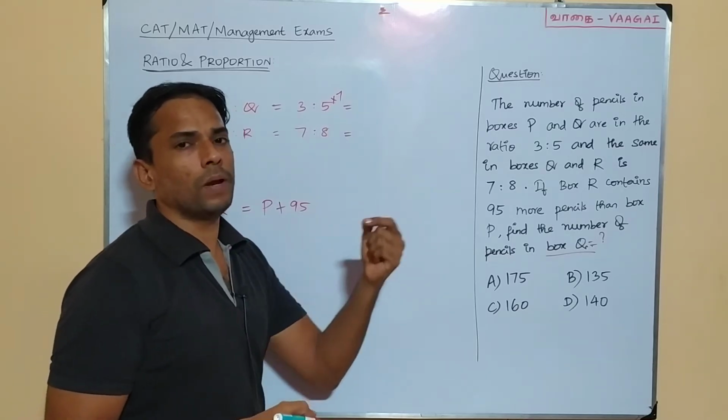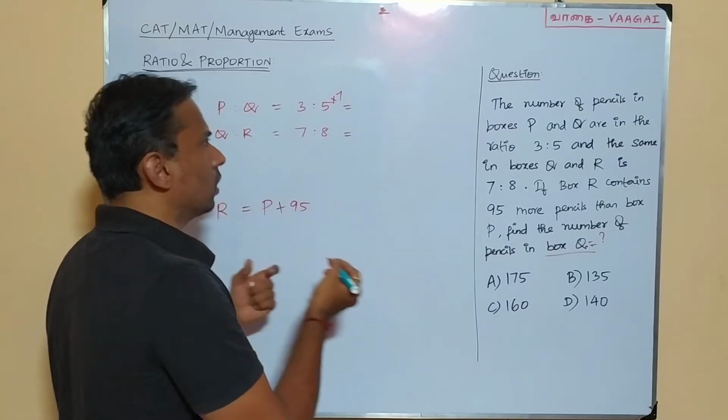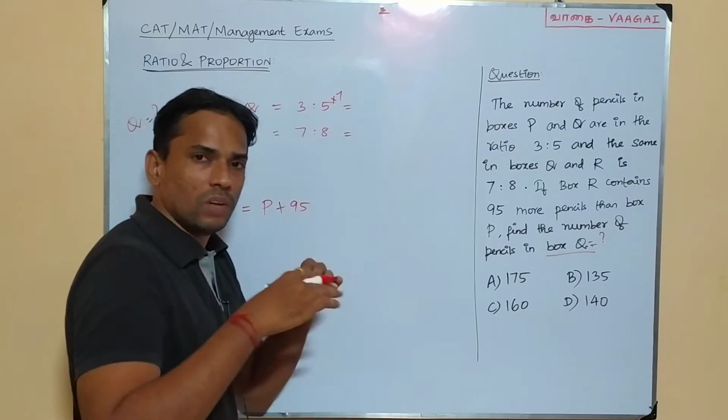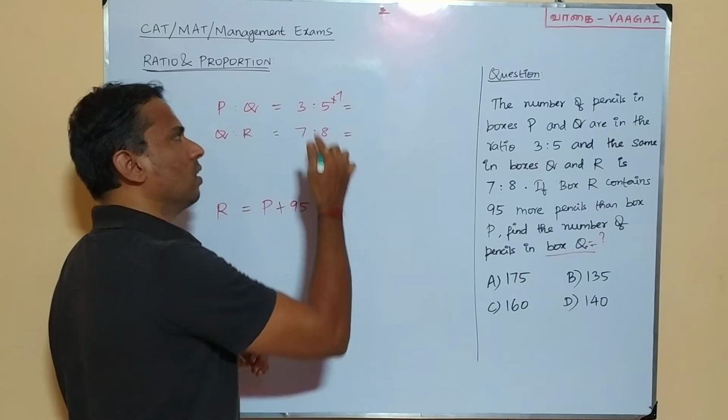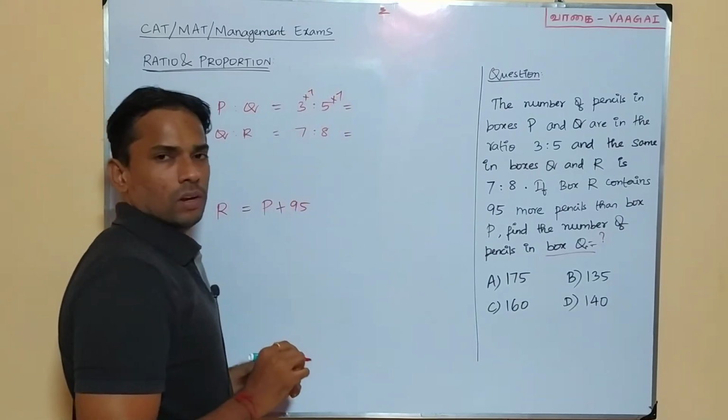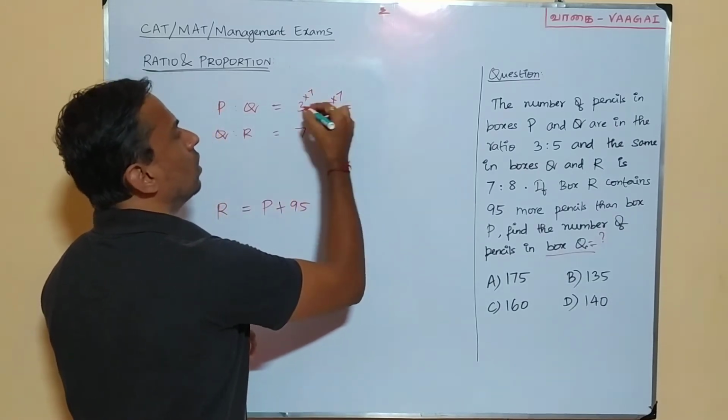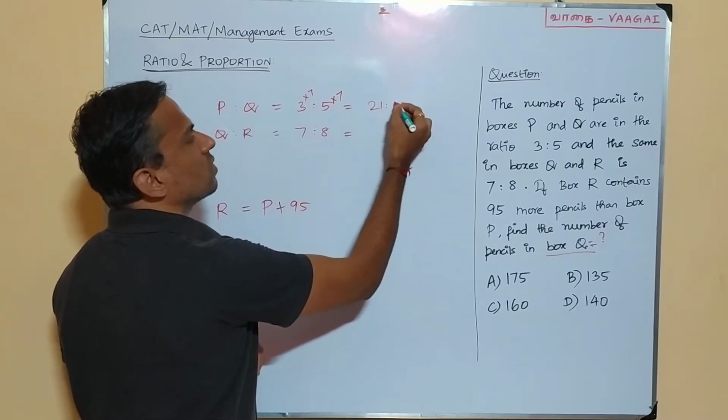If one term is multiplied by any particular number, then all the terms get multiplied by the same number. Then only we can maintain the same ratio. That's why, okay, 5 into 7 we are doing. The same way we have to do 3 into 7 also. So once we do that, we'll have 3 7s are 21 is to 5 7s are 35.